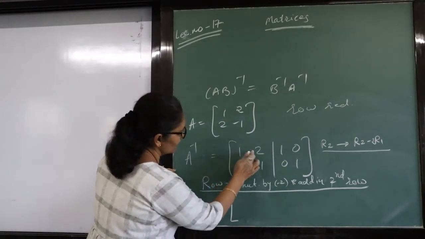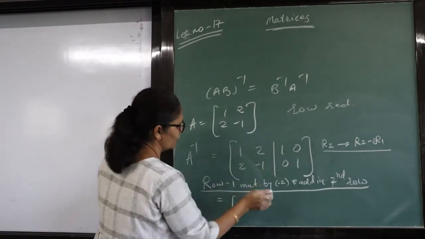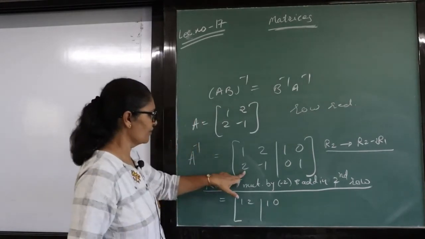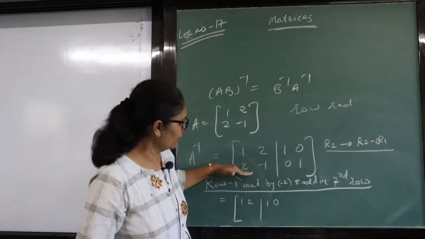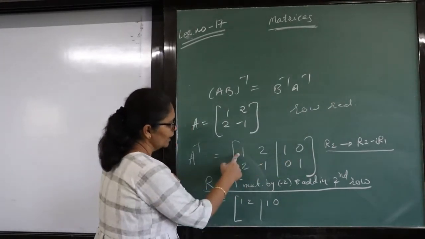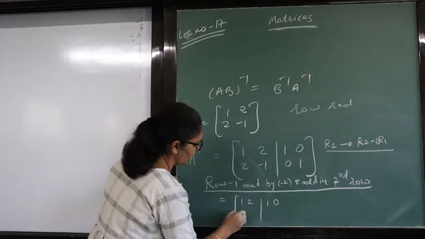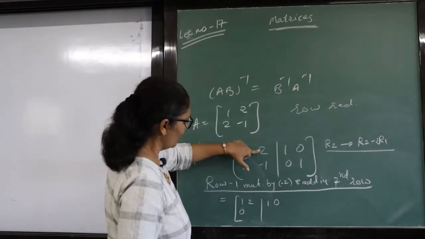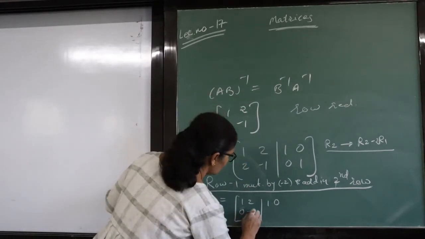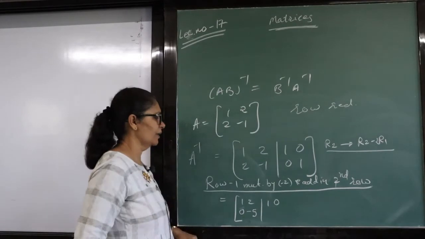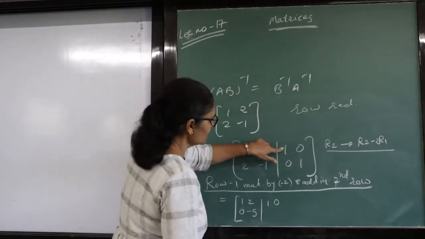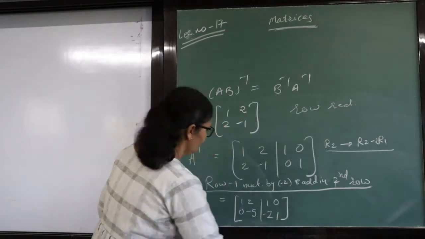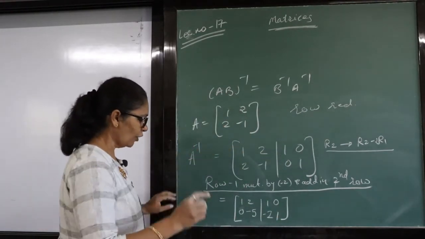Okay, let's multiply this full row with minus 2. So 1, 2, that one you have to keep as it is. We will make a change in the second row. Multiply by 2, meaning minus 2, 2 minus 2 will be 0. Now multiply this with minus 2, minus 4, added will here. So minus 4 and minus 1 will be minus 5. Multiply this with minus 2, added in 0 means minus 2, and this one as it is. So this step is clear.